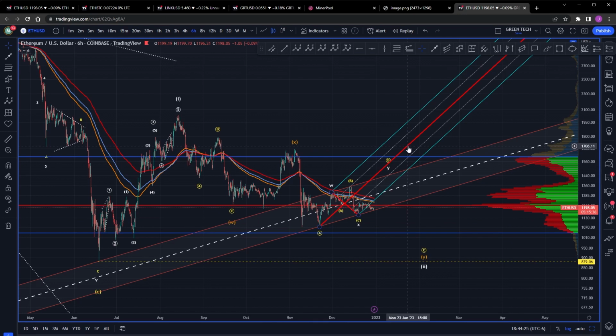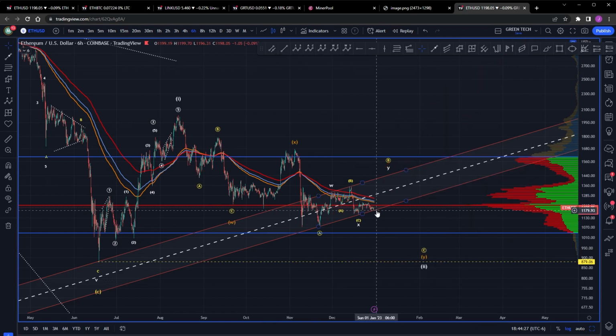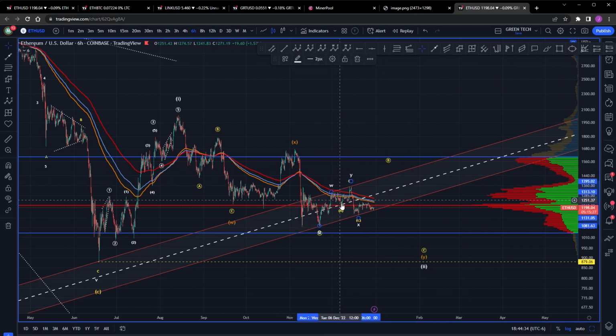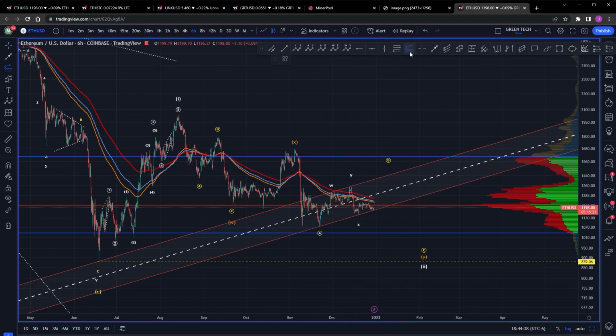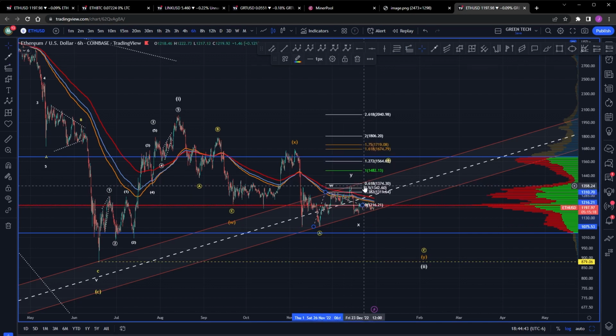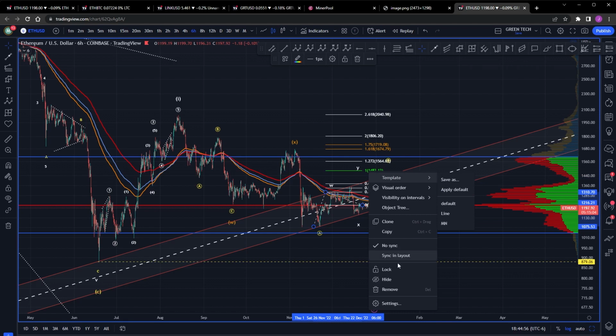Now I have seen a buddy of mine post a count where he was kind of thinking that the Y was already in. So it would have been WXY, and the ABC is not there. I don't like that because I don't even make this 618 for the Y. The Y is supposed to be a little bit more powerful. It's supposed to run. I would want to see it up here at 1482. I'd like to see that if that were the case, and that's just not what happened.